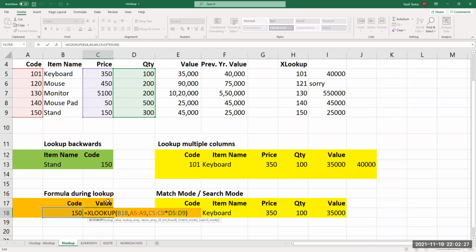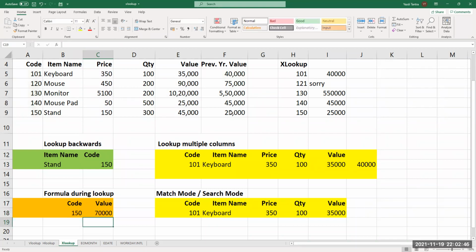So instead of C5 to C9, I will say E5 to E9 plus F5 to F9. Then whatever I do, I take 101, get my 75,000.